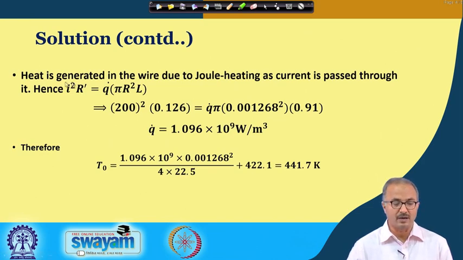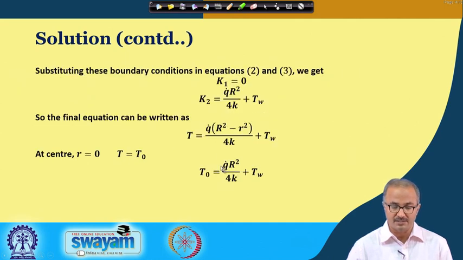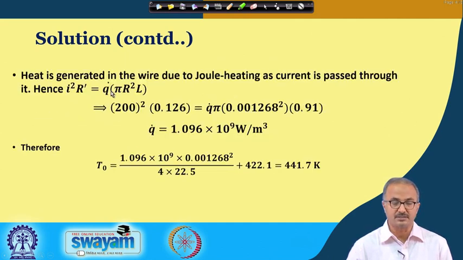Next we come to the thing that we have to ask, that is, what is the heat generated. Let us see whether we can find the exact value with the given information in our problem. What we can see is that this heat generated is nothing but the Joule heating, that is I square R. So I square R is the Joule heating, and this is equal to Q dot, where Q dot is the heat generated per unit volume. So we are multiplying with the volume of the wire, that is pi r square into the length.